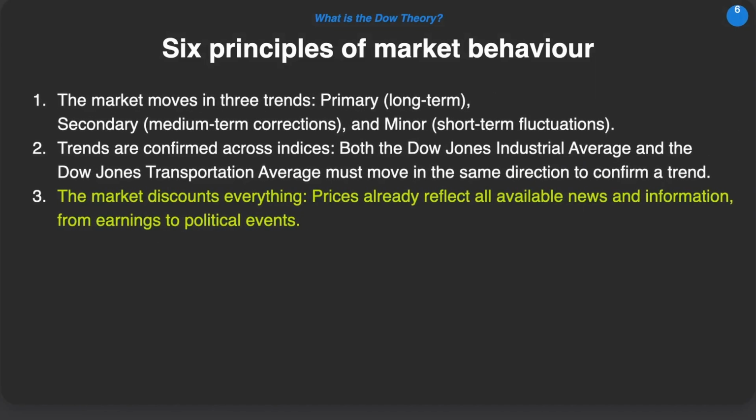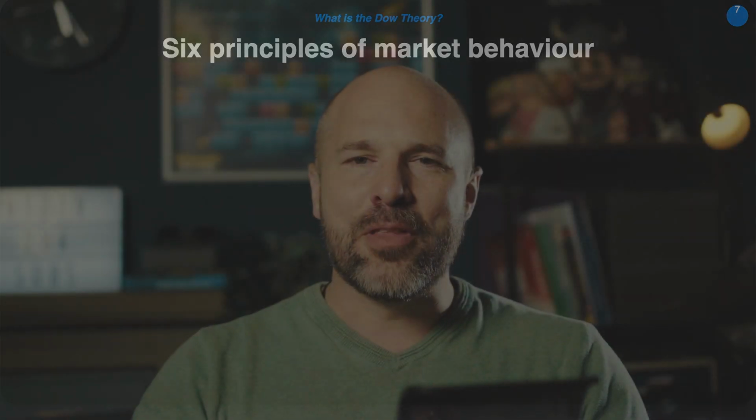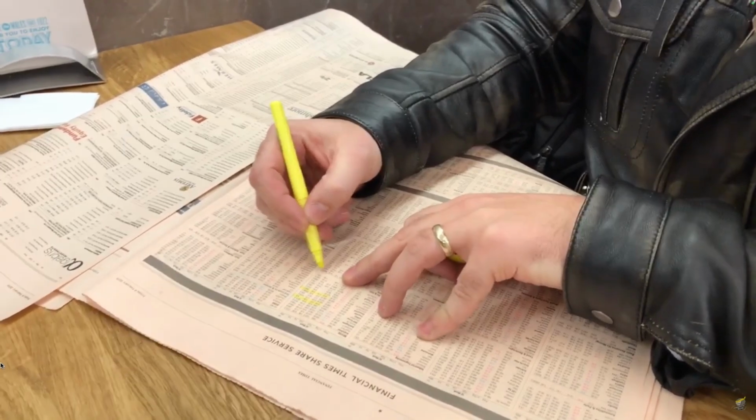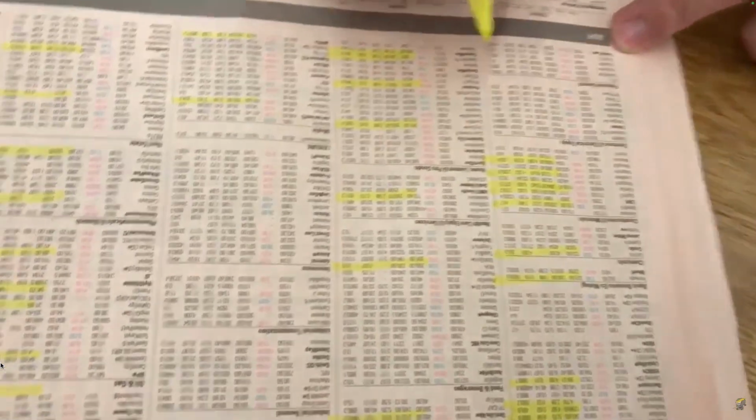And then principle number 3, the market discounts everything. Prices already reflect all available news and information from earnings to political events. So basically, there's no point whatsoever in buying the Financial Times every day, reading it through every morning and trying to work out what stocks you should pick based on what the news journalist people are telling you in the